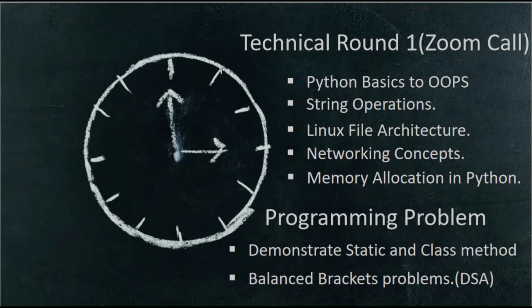So I can say some 20 to 25 minutes were basically dedicated to Python. And post that there were some questions from Linux. Again, Linux was also from basics to medium, not very advanced questions, but basic to medium. Like how does an